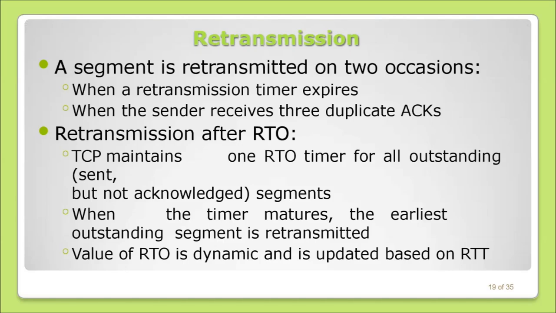Retransmission. A segment is retransmitted on two occasions when a transmission timer expires. Dear students, when the sender sends a segment towards the receiver, the receiver must send a positive acknowledgement within a specific time towards the sender. If the sender does not receive a positive acknowledgement in that specific time, then the sender will retransmit the specific segment again. Next point, when the sender receives three duplicate acknowledgements,